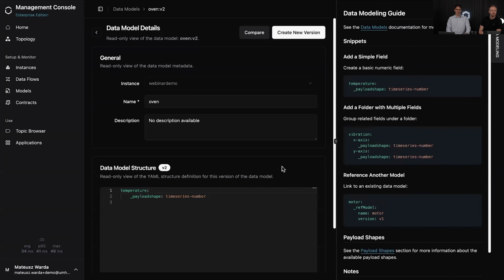So why are we doing it? On the first glance, it looks like an unnecessary step that you now have these models because you can directly in the bridge theoretically make everything neat and tidy. You can add the metadata there, you can format the topic already in there and model the payload with the functions that are available.